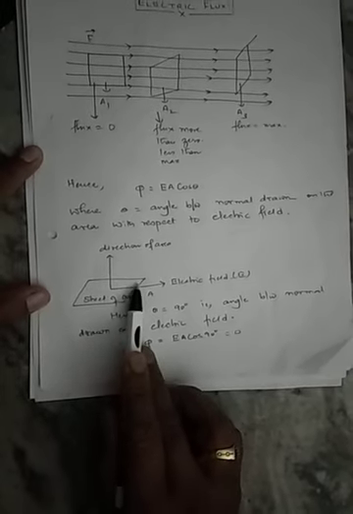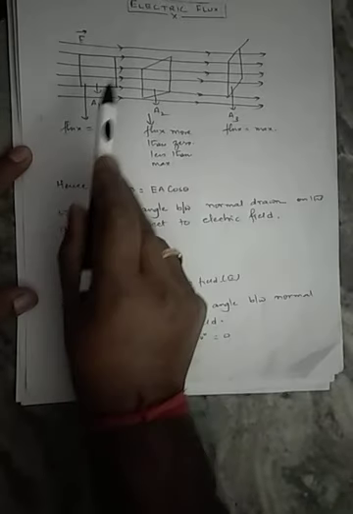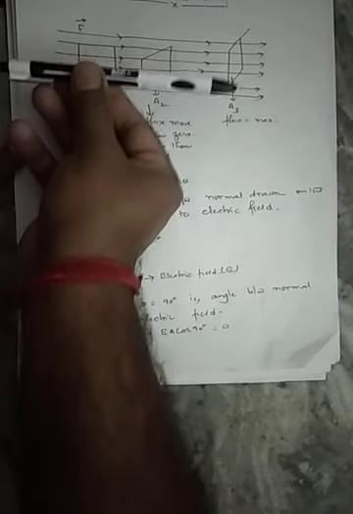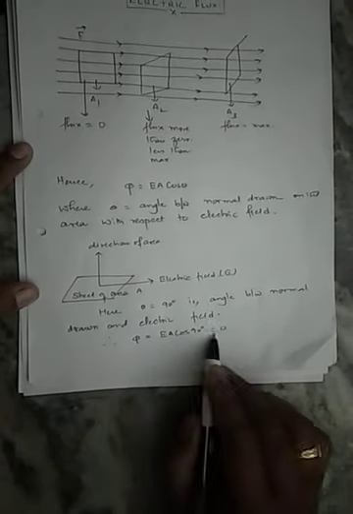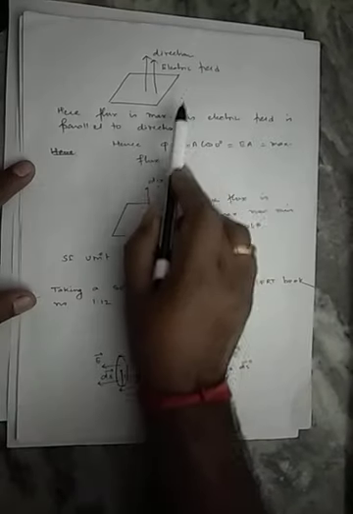So you can see that the angle between both is 90 degrees. If the angle is 90 degrees, then we consider flux to be 0, because this is matching with this diagram where the direction of area is this side and the electric field is this side, 90 degrees. Hope you have understood. So here we are getting flux to be 0, right? In the next slide you can see that I have drawn the area again.